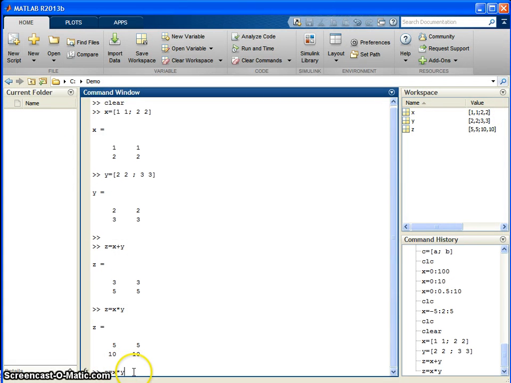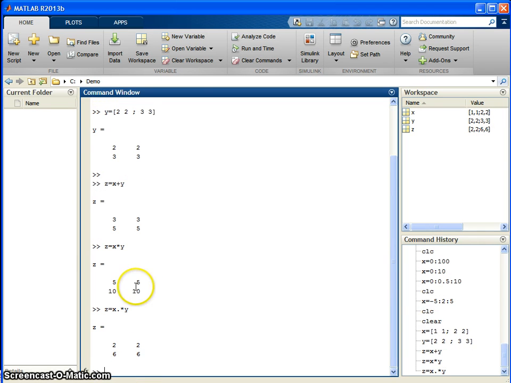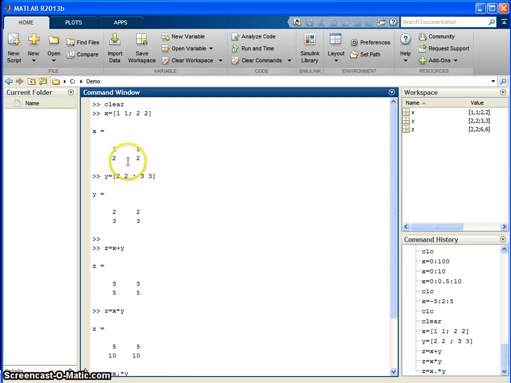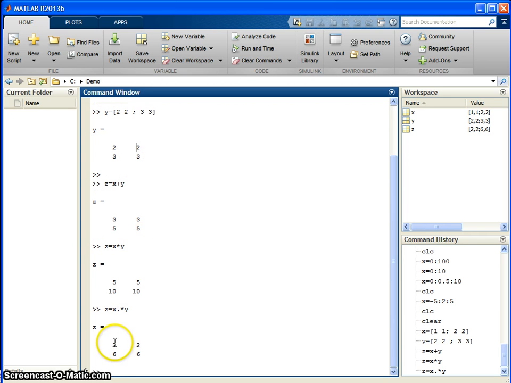So just see here the result of the same statement with dot star. We have a matrix 1 into 1, 1 into 1, 2 into 3, 2 into 3. As you can see here, this is the result.